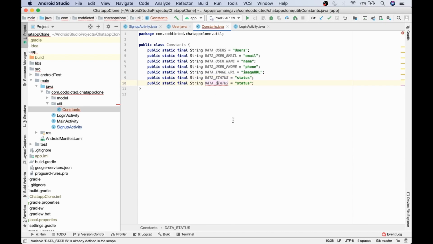Next one is for data status, the URL that we have, and finally the constant for time,